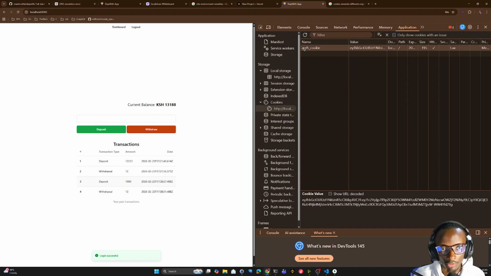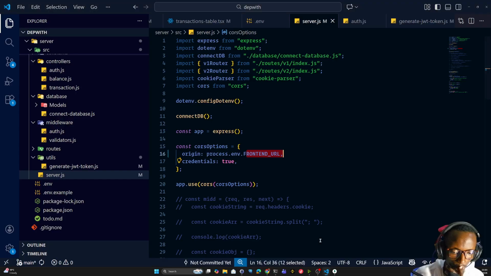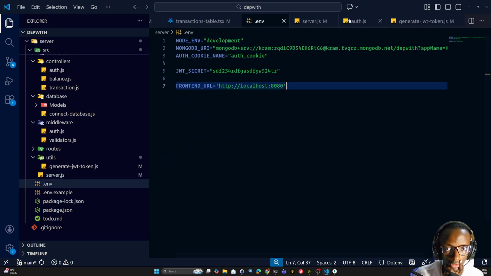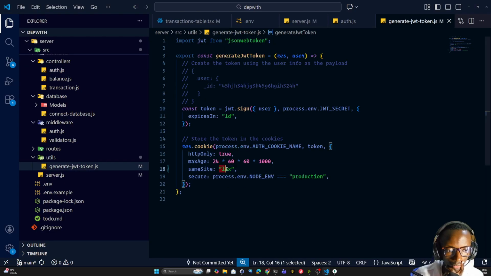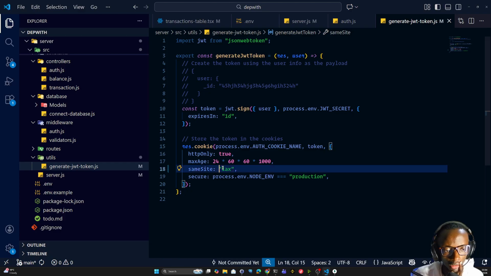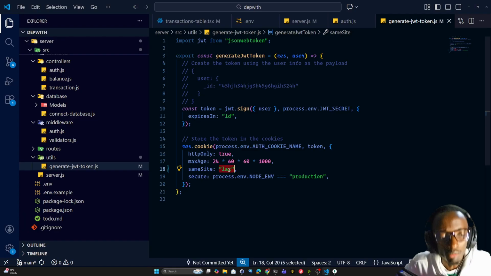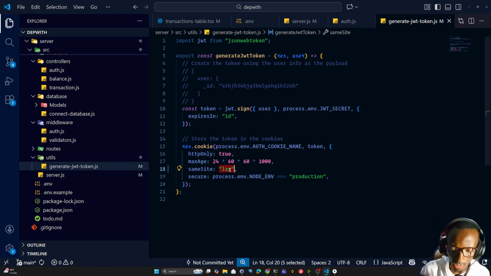Yep. So you have the auth cookie. So it works because of the value of lax. Now if we were to set this to none, we would have to be in a production environment where we have HTTPS. So actually that is something that we need to change here, because in production I would want it to be none,